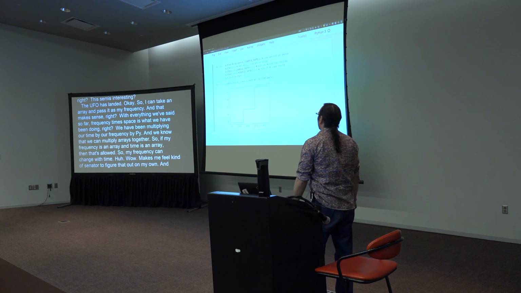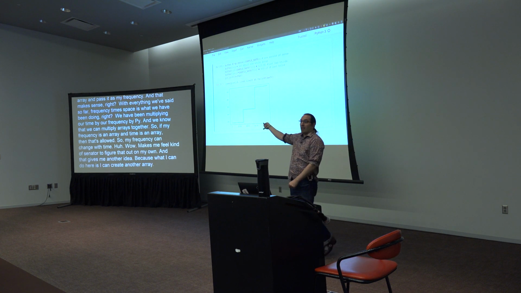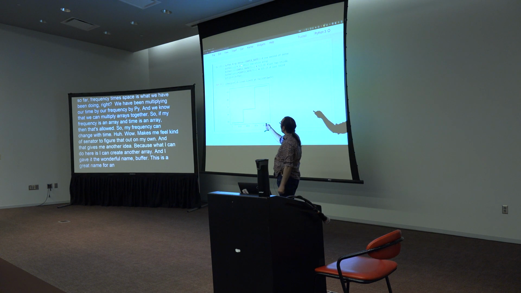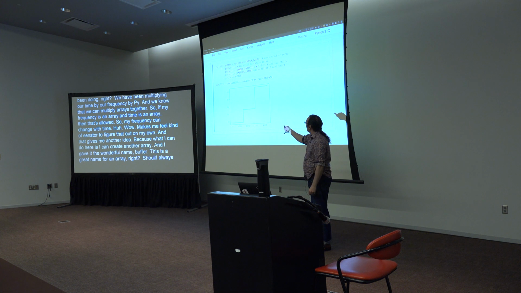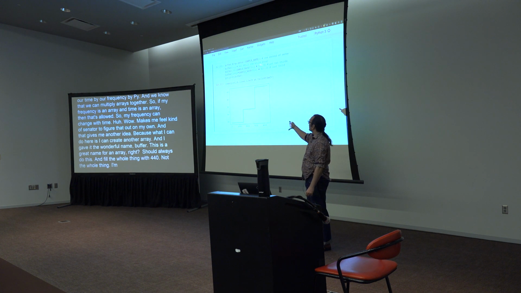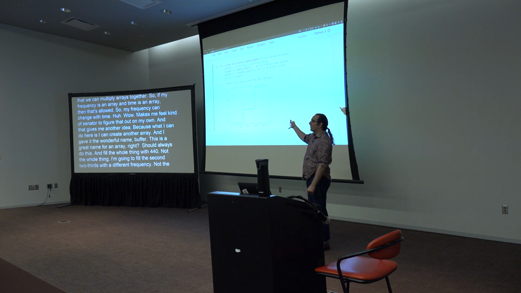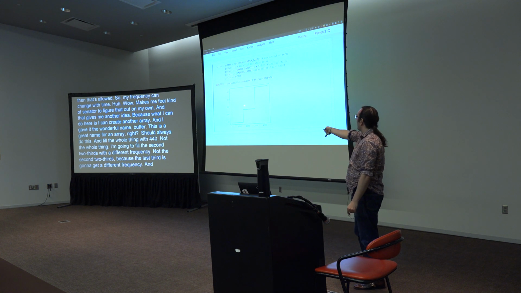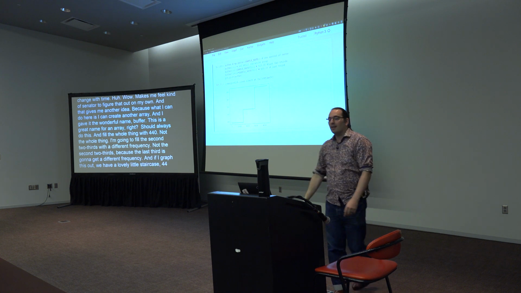Because what I can do here is I can create another array, and I gave it the wonderful name buffer. This is a great name for an array, right? Should always do this. And I'm going to fill the whole thing with 440. You know what, not the whole thing. I'm going to fill the second 2/3 with a different frequency. You know, not the second 2/3, because the last third is going to get a different frequency. And if I graph this out, we have a lovely little staircase, 440 to 523 to 659,